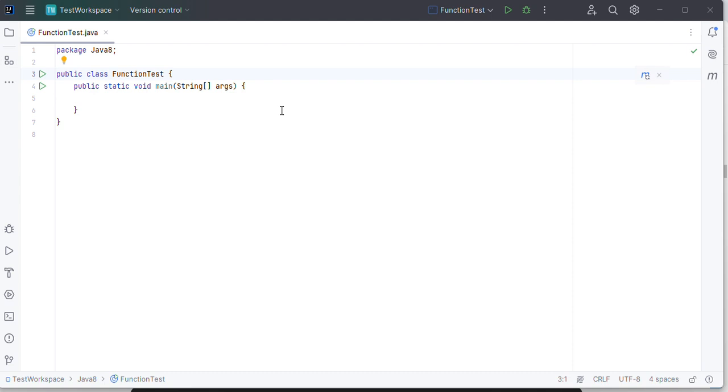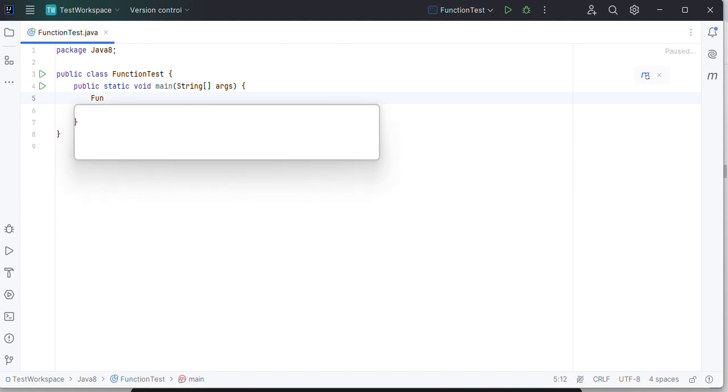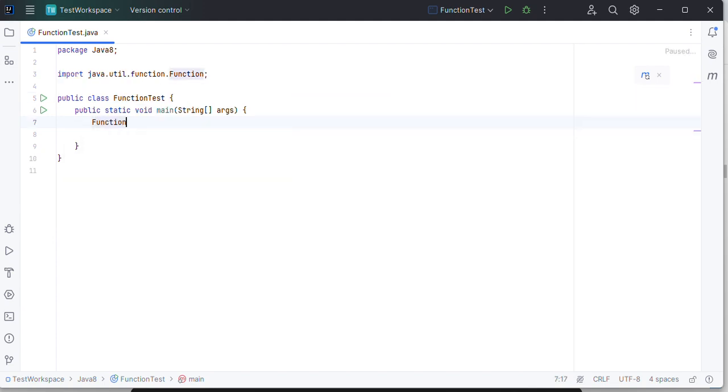Function. So Function is also an interface, and that is a functional interface, and it has an apply method which has one input type and one return type. We'll check how it works. So we'll first check Function. Function has some method, that is